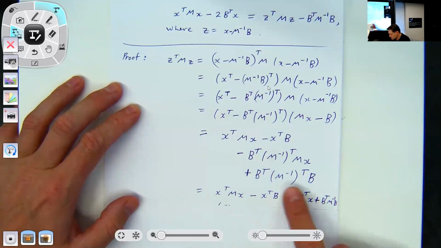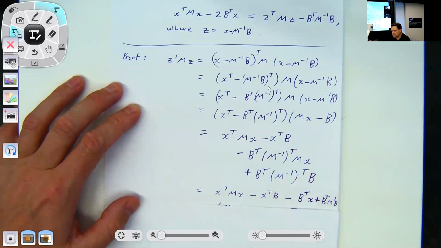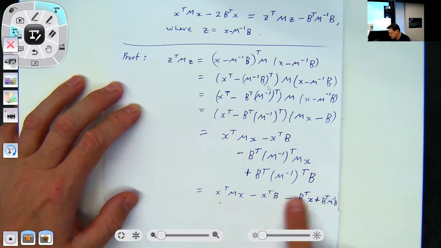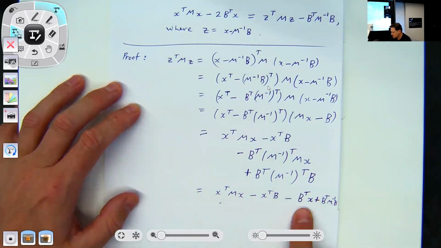And then likewise, this here is just M inverse transpose or M transpose inverse, but again, M is symmetric. So this is just M inverse there. So B transpose M inverse times B. Okay, now we've got 4 simpler terms, but these 2 here are like terms because, I mean, they look